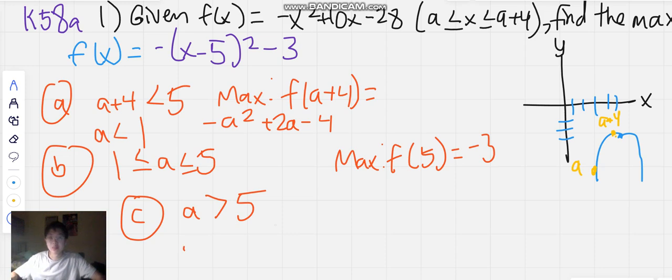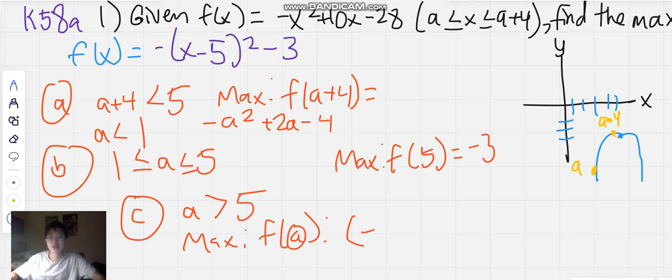We know that the maximum is just going to be that left-hand side of the interval, so f of a. And depending on what a is, the maximum will differ, but generally speaking, as long as a is greater than 5, you just plug the left-hand side of the boundary into the function, which will give you